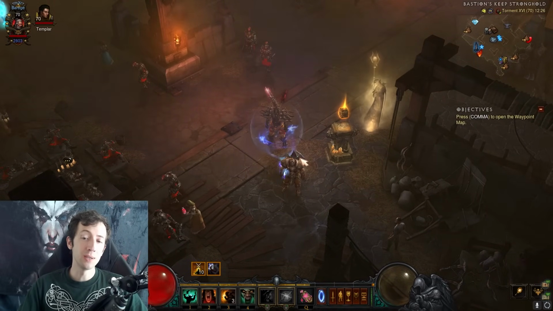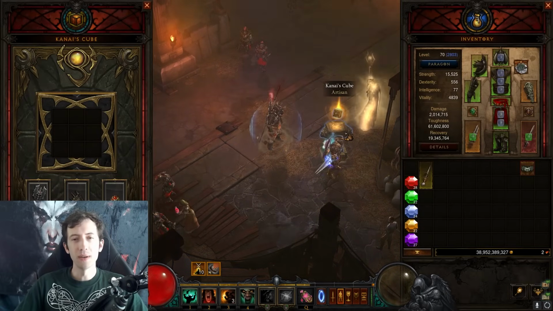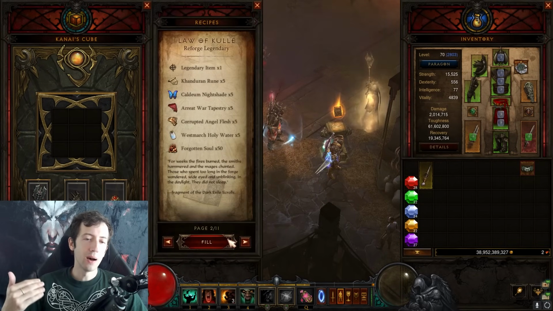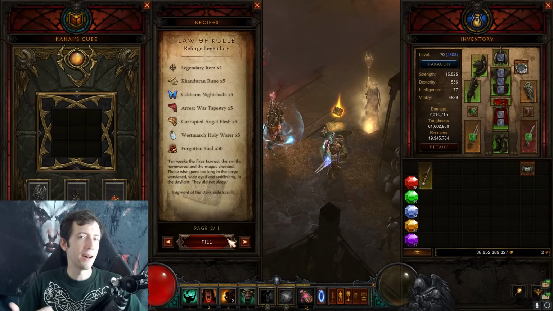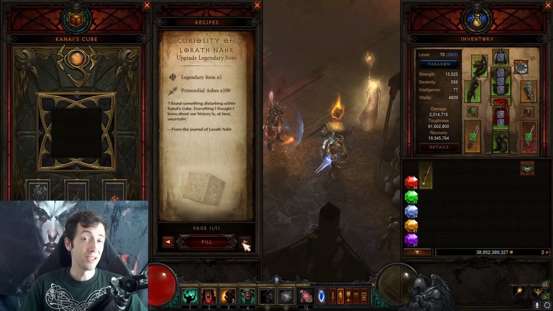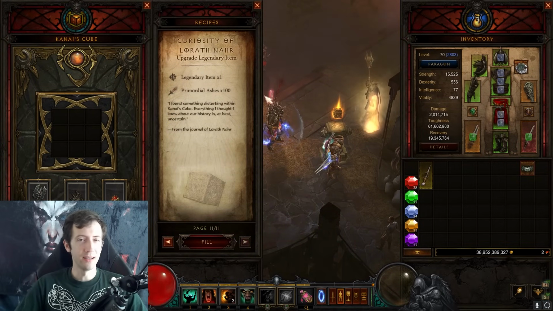In particular, using the Kanai's Cube. There are a few recipes in here that help you out, and I want to tell you how you use them, what is the strategy behind them, so that you don't waste your materials and get your character done in the fastest way possible. Now, one recent addition to the game is the page 11, the Curiosity of Lorafnar recipe,